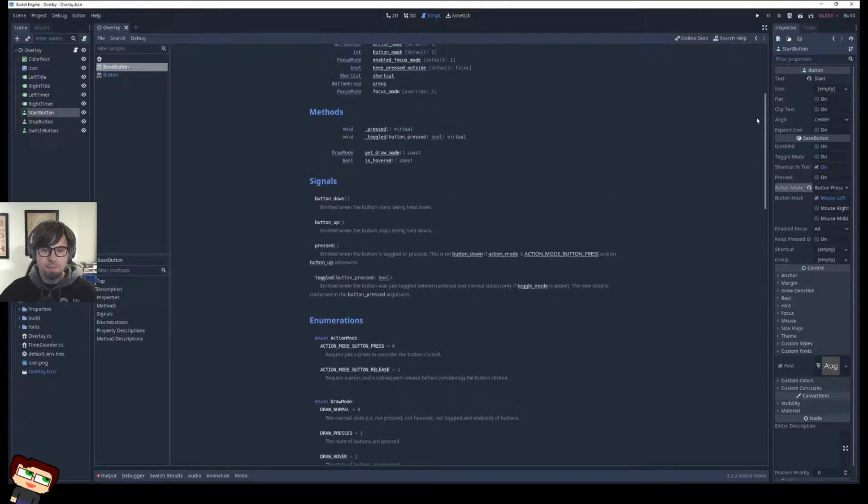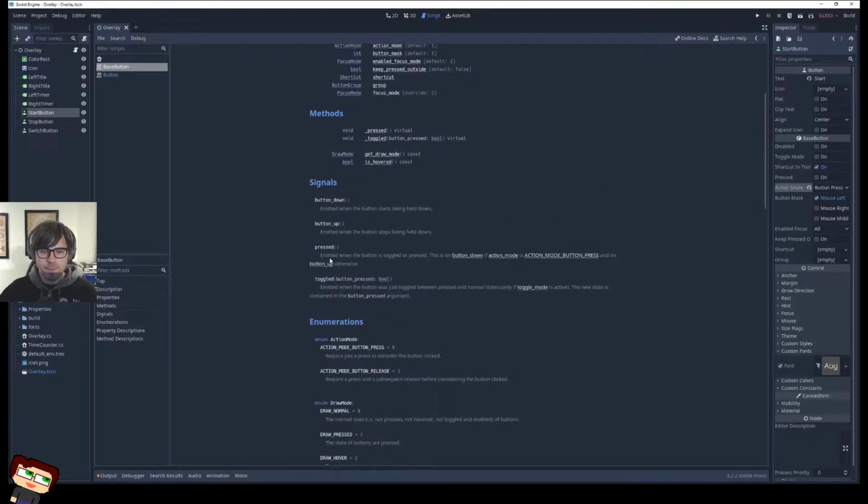Hypersensitive scroll, man. Emitted when the button is toggled or pressed. This is on button down if action mode, or on button up otherwise. Okay, pressed, is that what I want?